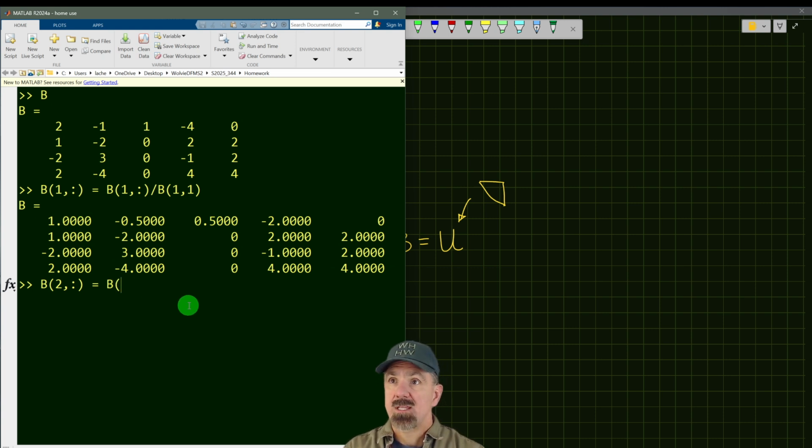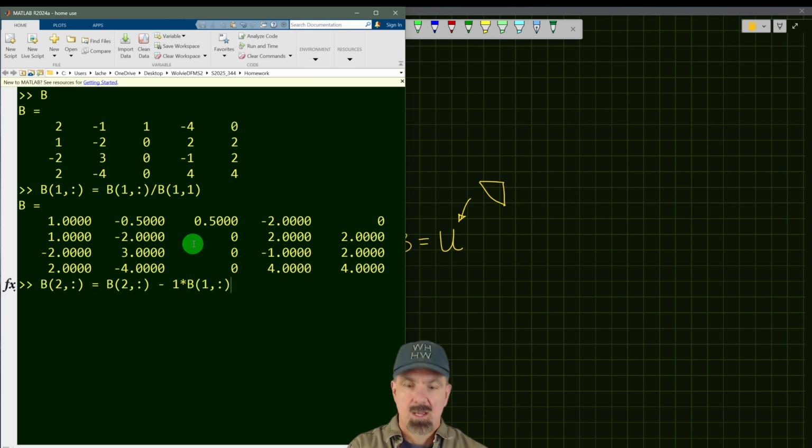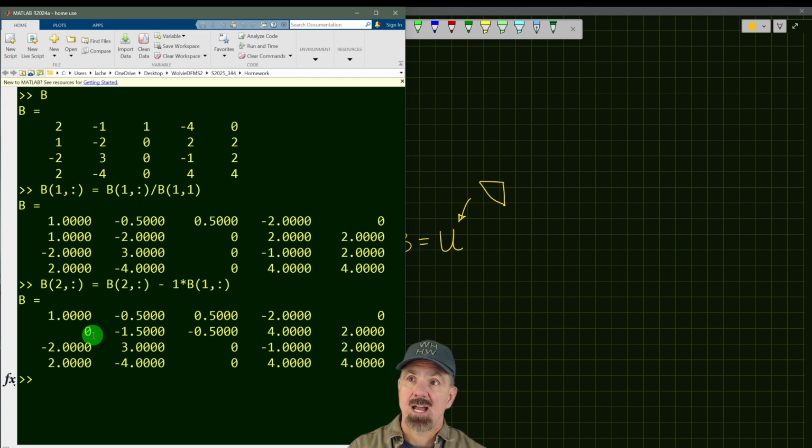So it's going to be the second row, that's second row, all the columns, minus 1 copy, and I'm just putting the 1 in there to be a little pedantic about it, B1 comma colon. So this says replace the second row with the current second row minus 1 copy of the first row. And when we do that, you can see that we have obtained our goal, which is to have this 0